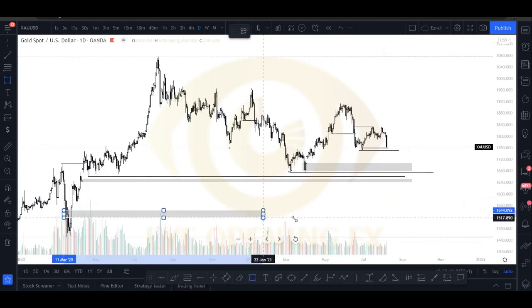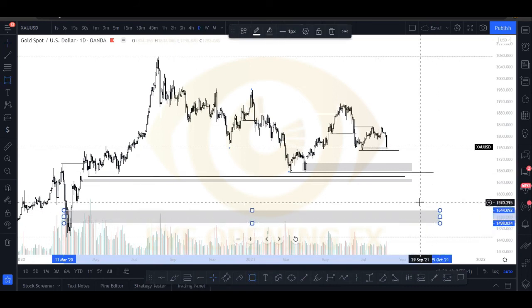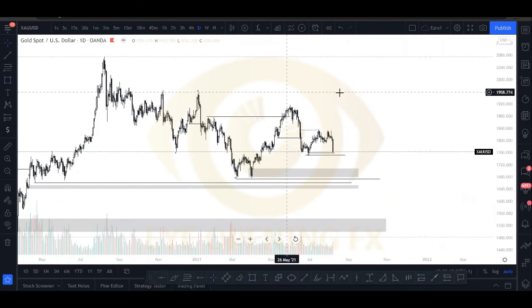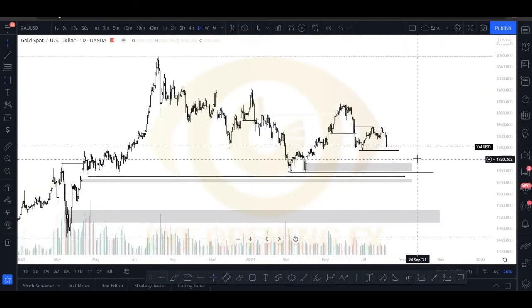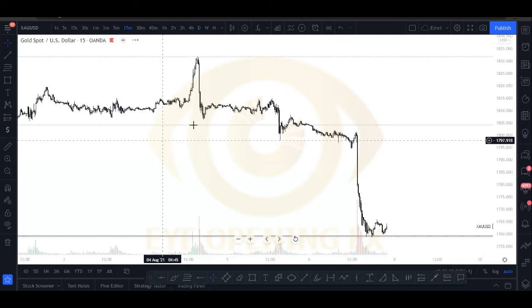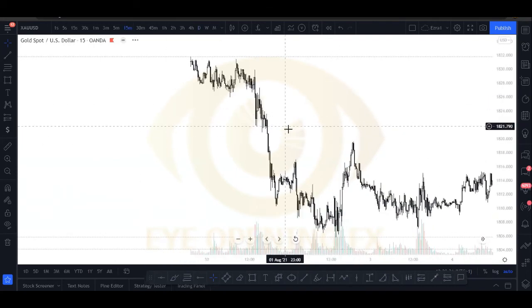We have the QML candle here. So this is our major point of interest we are looking at. So from here on, let's use M15. This last week we had